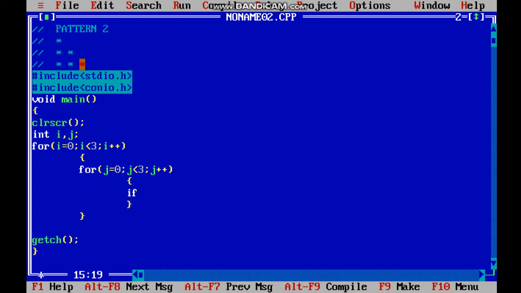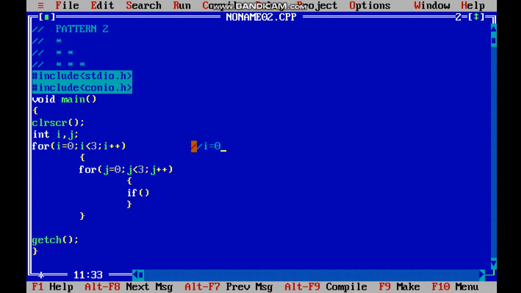and in the third row none are missing. Let us say this row name is 0 because we are counting from 0, okay, and this row name is 1, this row name is 2, and this column name is 0, 1 and 2. That's why if you want to call this asterisk, then it will say 0 comma 0. It was just for understanding purposes. Now what will I write here, so that these spaces will only be covered and this will be left. See, we see i equals 0, and for i value this for loop will run 3 times. That means i value equals 0 is fixed.